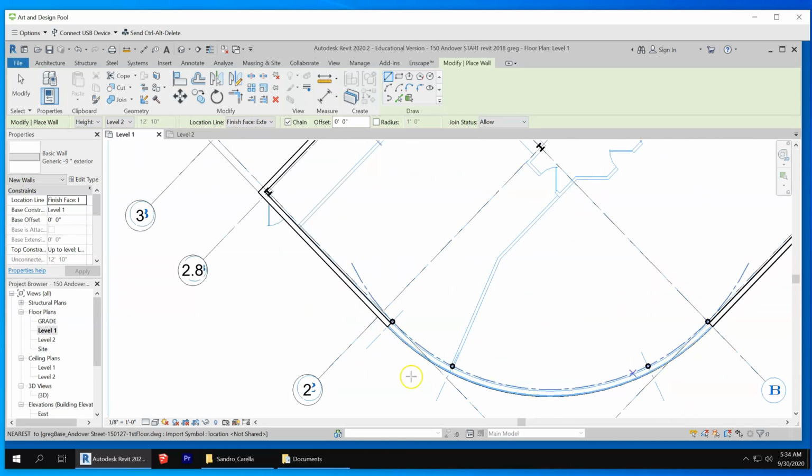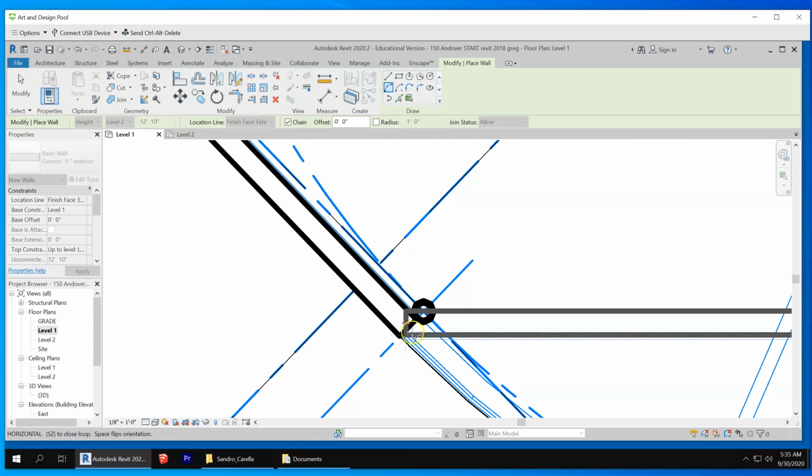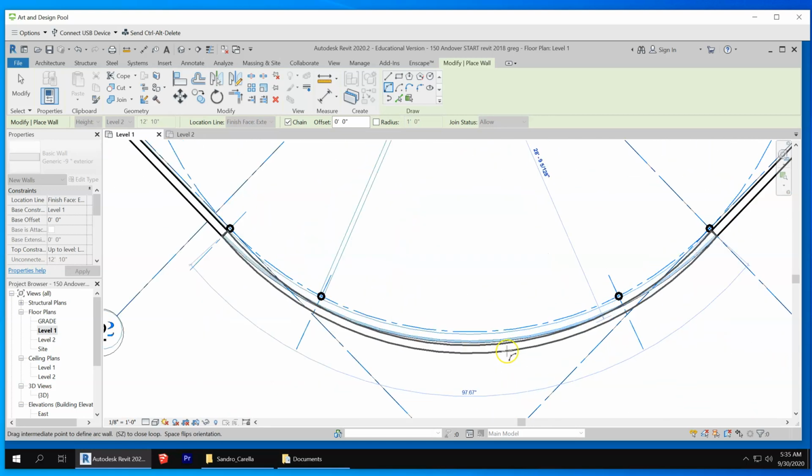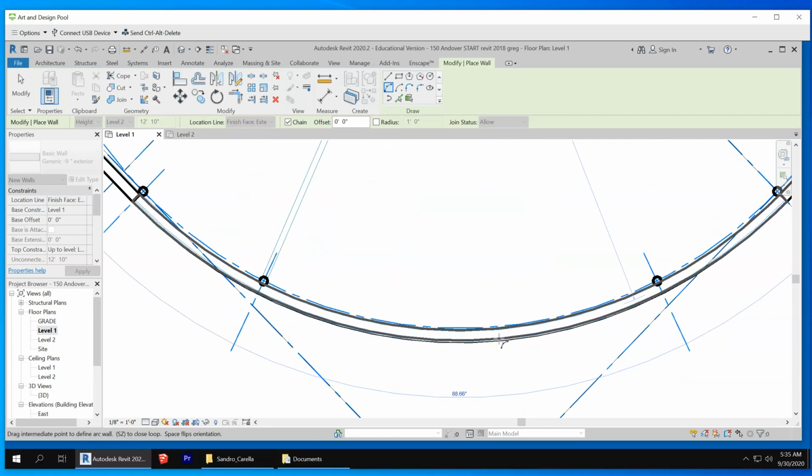Now we have to negotiate this 90-degree wall. We're drawing the same wall, same parameters, but we're using a different drawing instrument. I'm using this called Start and Radius Arc. Click here, snap to that endpoint, and then I remember in class we graphically placed it. And slightly off because it doesn't quite measure 90 degrees, but that's all right. I'm going to live with that level of